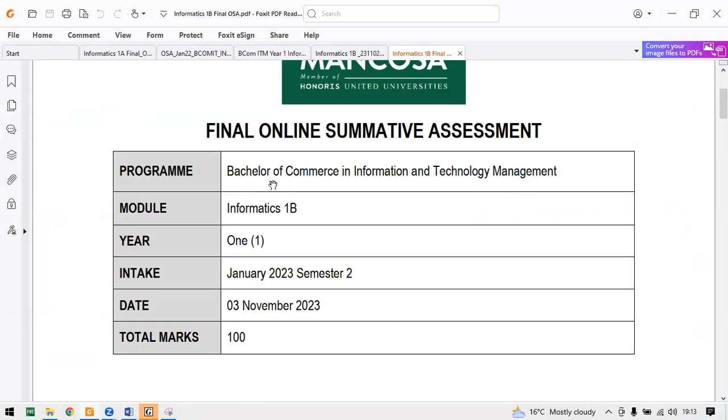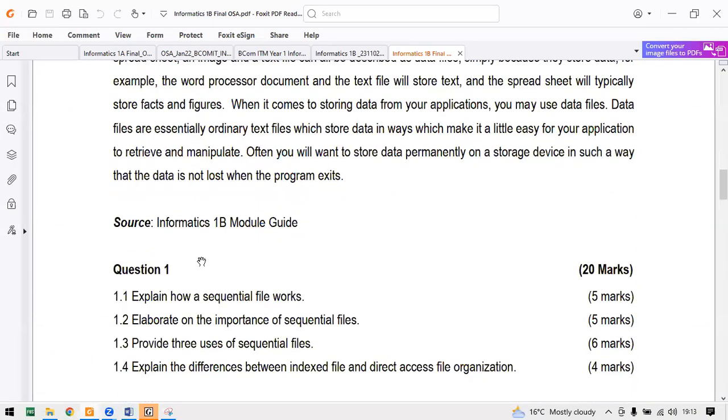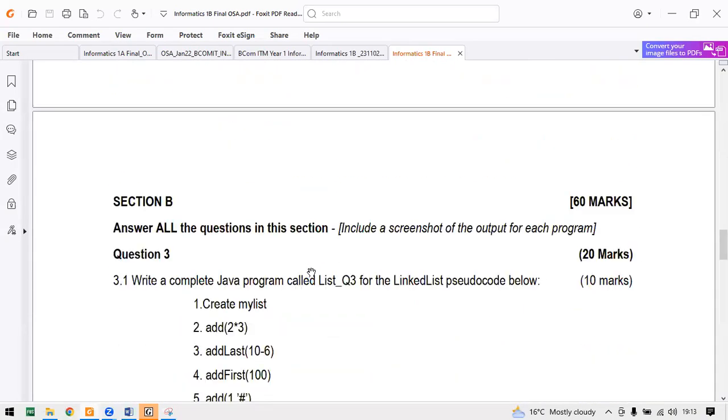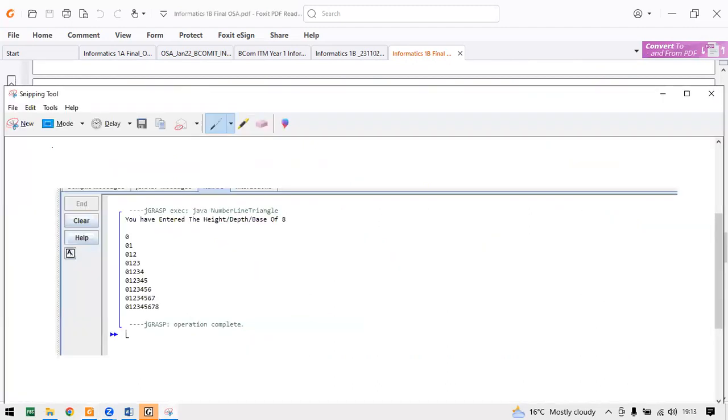All right, this one. If you check 3 November 2023, this is the recent one, January intake semester 2. So you see here, they said Section B, answer all the questions in this section. Include a screenshot of the output of each program. So here they specify. Hence, you need to utilize this screenshot.